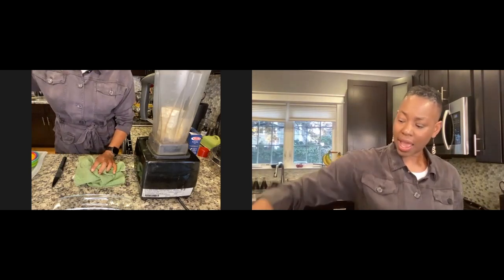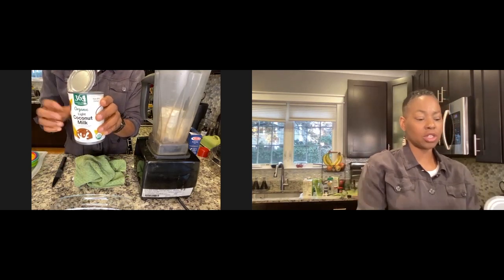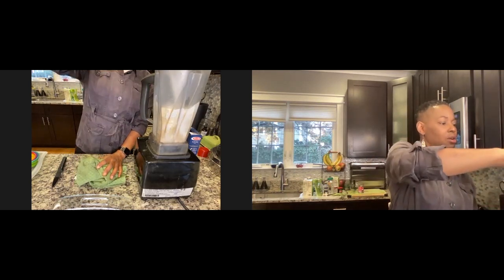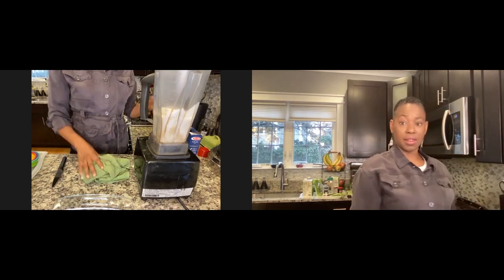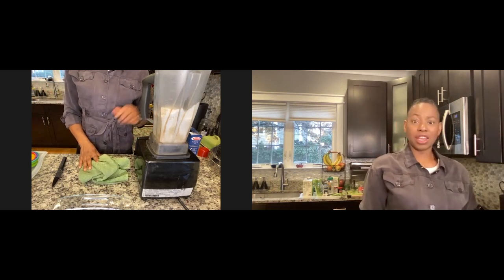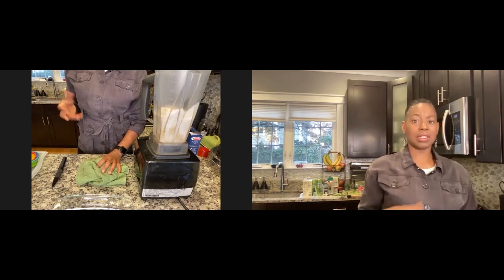We're also going to add a can of coconut milk. And I chose light coconut milk so we could minimize the fat a little bit in this recipe. Full fat coconut milk has a lot of fat. And again, as I was talking about diabetes and the link between fat, I'm just going to use a lighter, lower fat coconut milk. So this isn't a recipe that I would have like every week because it actually is